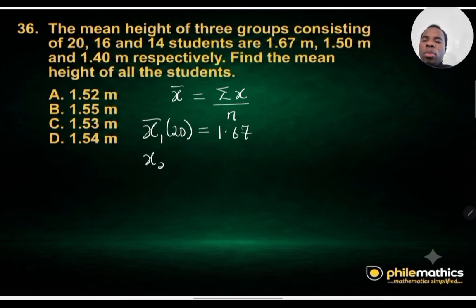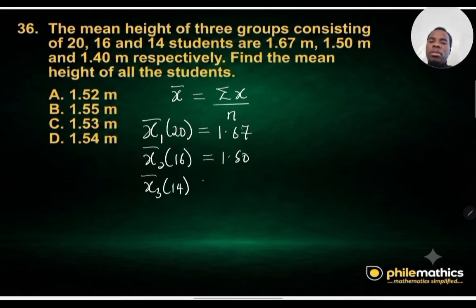For the second group of age 16, we're given 1.50. The third group of age 14 was given as 1.40. The mean we are looking for